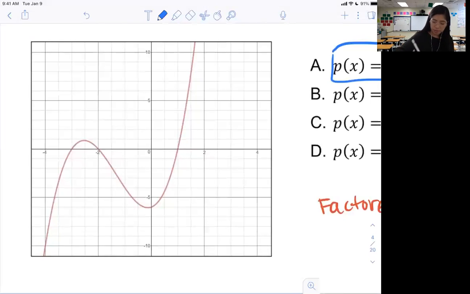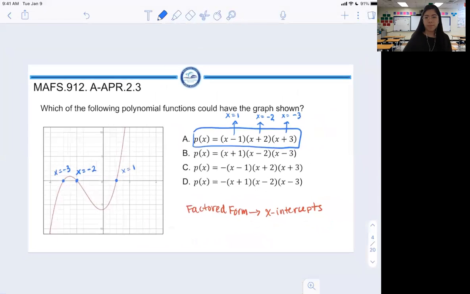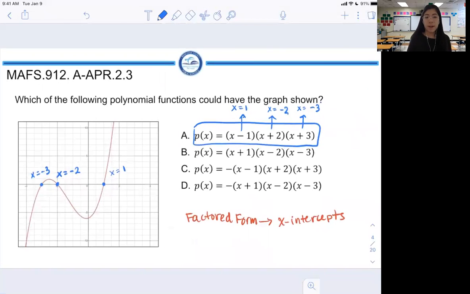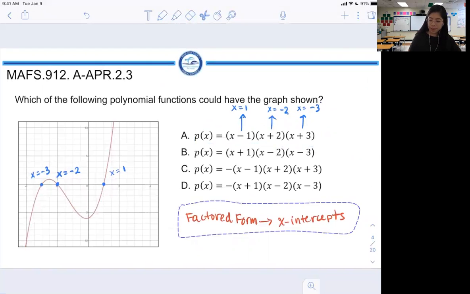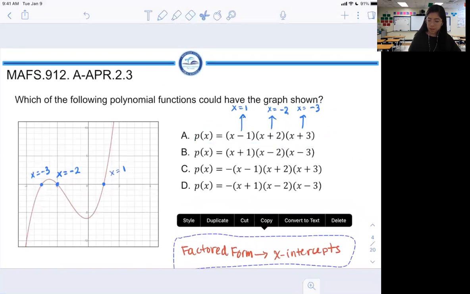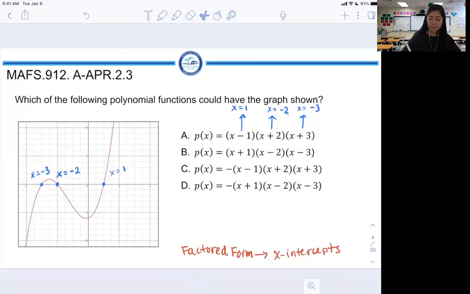Good. We've got negative 2. We've got negative 3. And we've got positive 1. So far we're matching to answer choice A, correct? So far so good, right? However, there's one last thing that we always have to keep in mind, and that is the direction of the